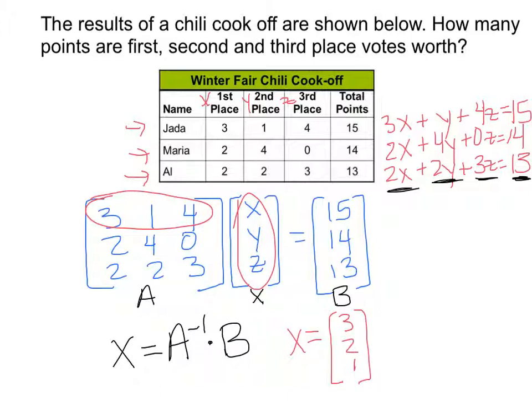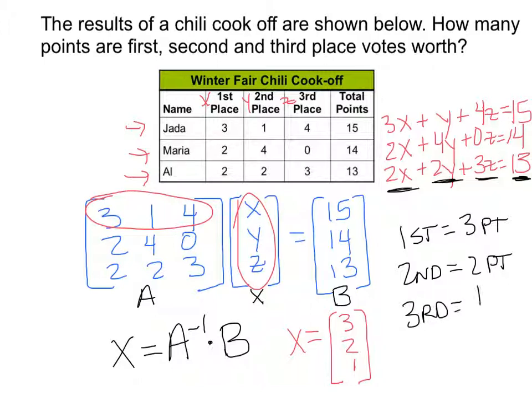And remember that matrix is not your final answer in this case. We have to actually say what's what. So in this case, we know that our first place vote is worth 3 points because that's what X represented, the number of points for first place. And a second place vote is worth 2 points because that's what Y represented. And a third place vote is worth 1 point. So there we have our solution to that big, giant system of equations relatively quickly when we were able to